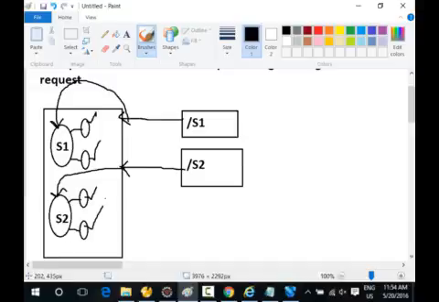Problem number 2. In S1, what is this object? Request. What is this object? Response. This is the request and this is the response. And this request object is on top of S1, right? And I am setting some data here: set attribute of ABC, comma, some test. Test is the data I assigned to ABC. Can I access this data within the S2 servlet's request here? No. Why? Because the moment somebody sends the request to S2, a new request object is created, and